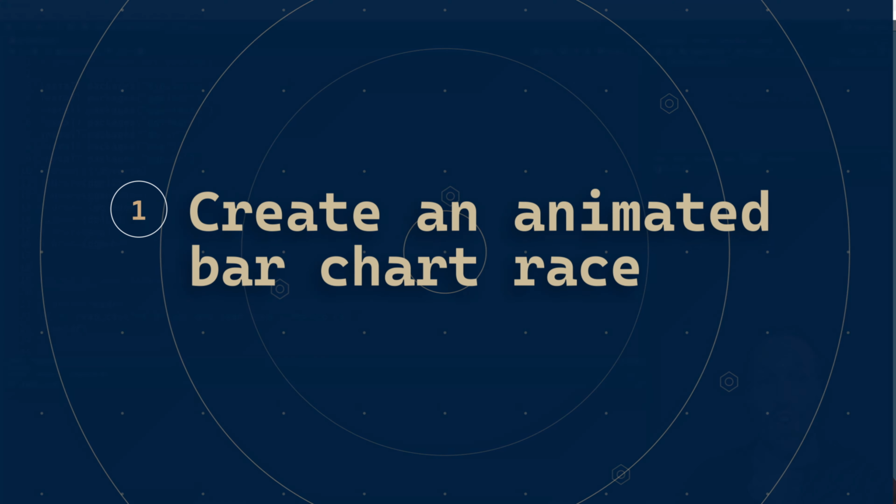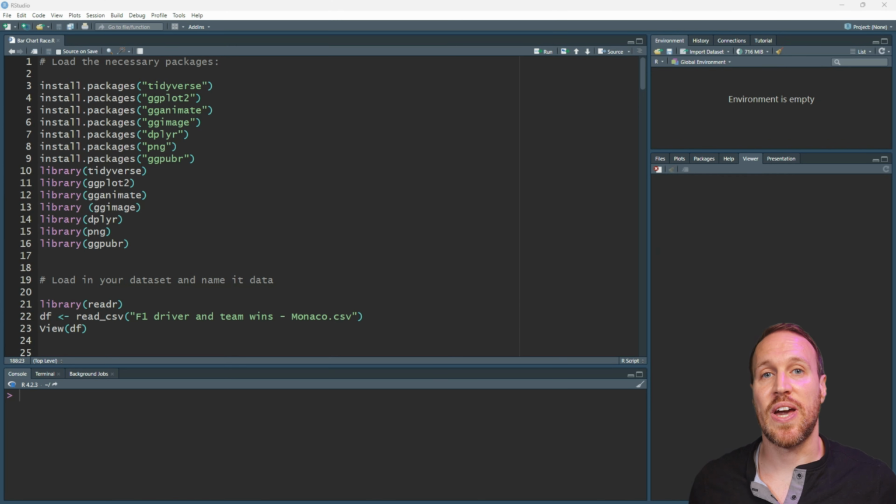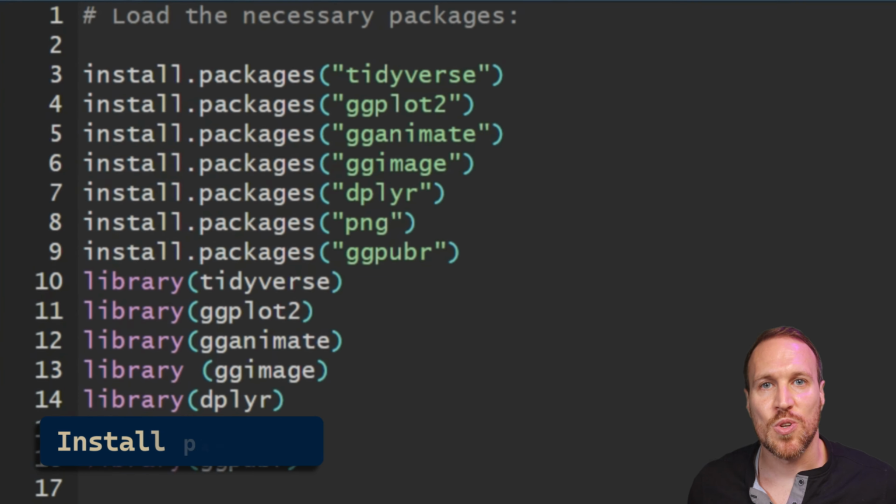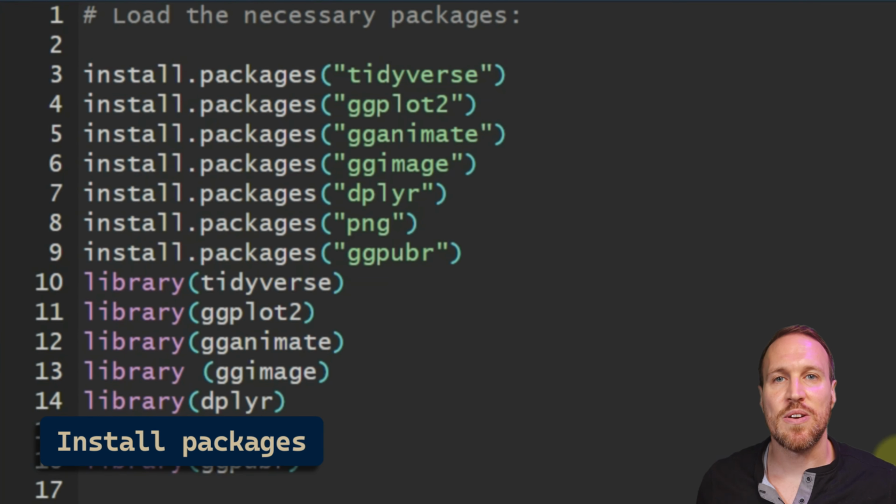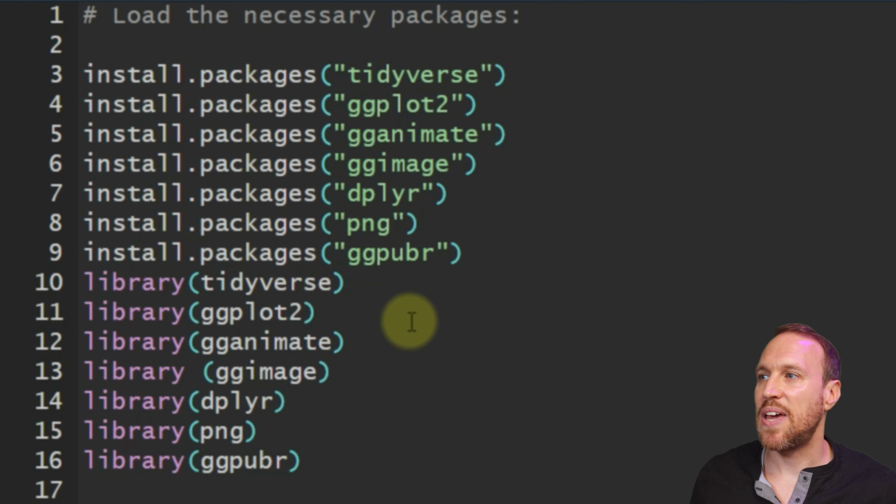So if you want to follow along exactly how I'm going to do here, I've got the R script in there, I've got the dataset, I've got the hex codes, and I've also got all the images all saved up in the description below. So the first thing you want to do is install various different packages, and the main things